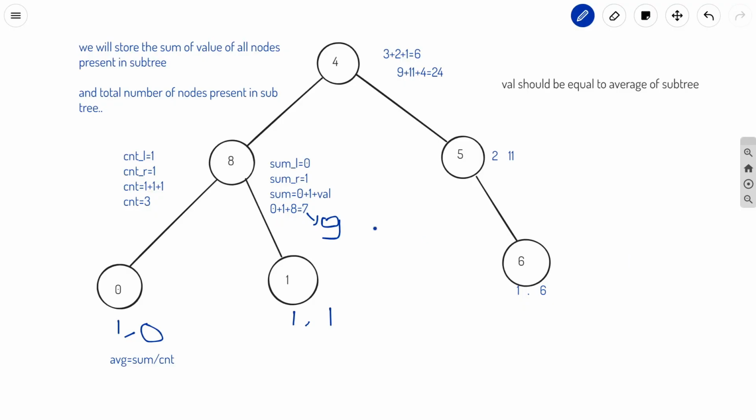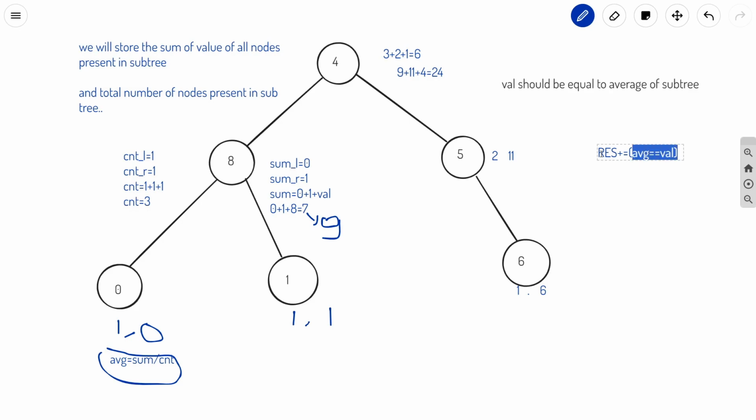Okay, so again for each node we will find the average. You can see that we are finding the average for each node using this sum and count and we are comparing it. So we will take a variable, let's say res, and we will increase it when the average is equal to the value.